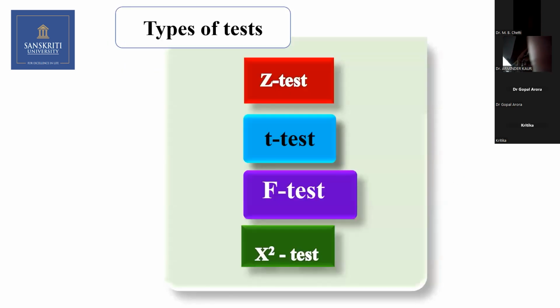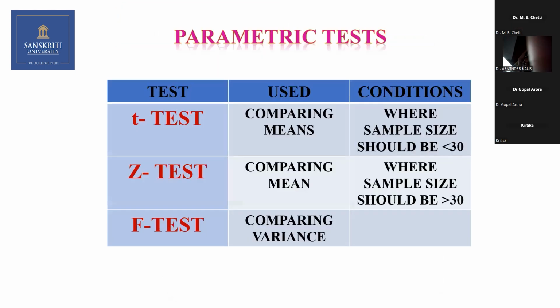Now, we are using different tests: Z test, T test, F test, chi-square test, correlation, regression, one-way analysis and two-way analysis and all. When to use which test? That is the next. All of us will be thinking when to use which test. Z test is used when the sample size is large, that means more than 30. If the sample size is more than 30, there are some other assumptions also, like all the samples should be drawn from a normal population. You need to understand the population variance. So if 3 conditions are satisfied, then we go for Z test.